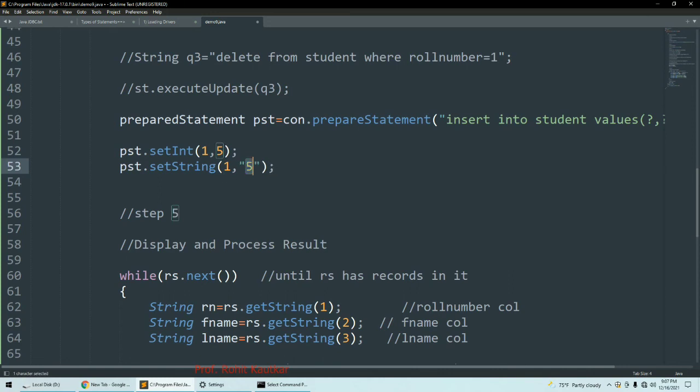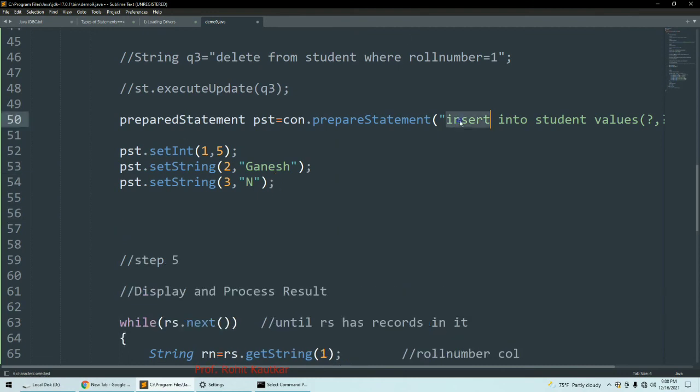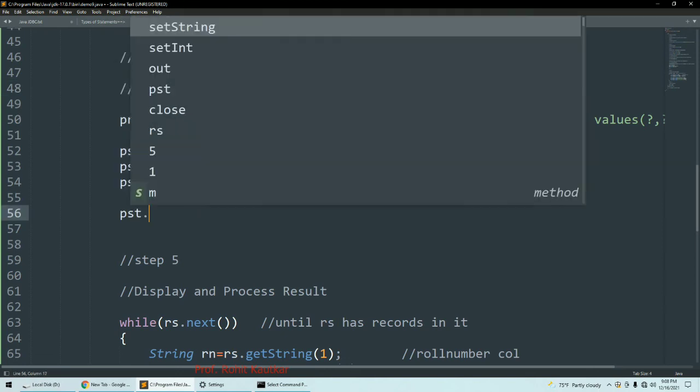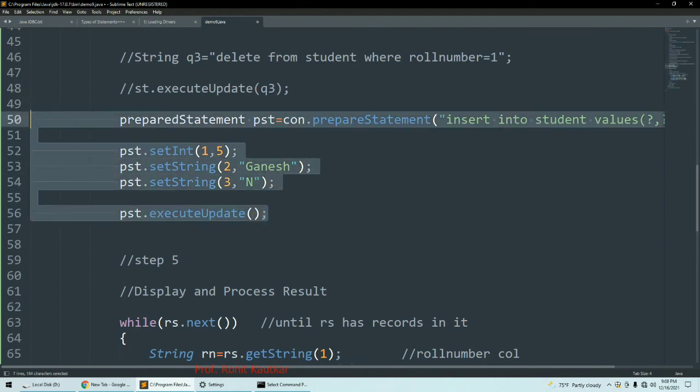Let's say the name I want is Ganesh. I will duplicate this one more time. Now this is the second parameter, this is the third parameter, and his surname is Yan. Now how will I execute this query? As this is an insert query, I am going to use execute update. So here I will write PST dot execute update. This is how we will use a prepared statement.